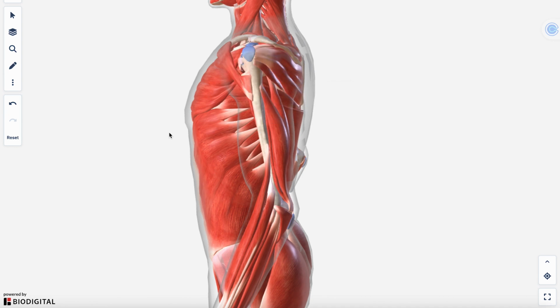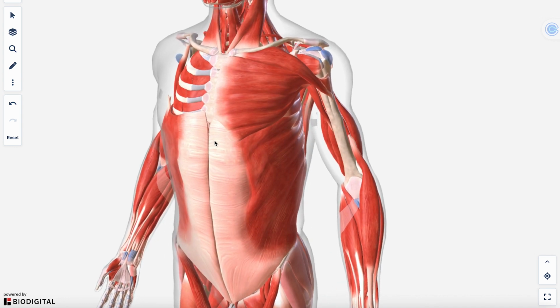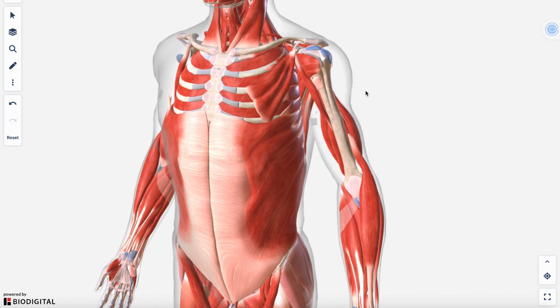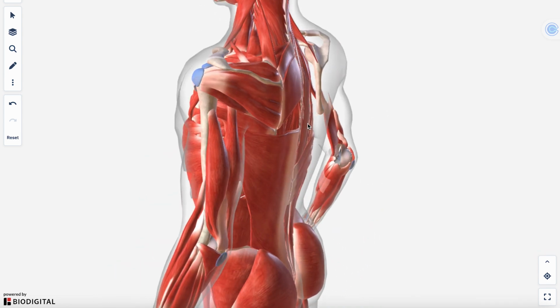Let's hide that. What you're going to see underneath the deltoid is where these muscles are attaching to your humerus. So we have your pec major, right? And your pec major, all the books will say that it attaches to the lateral lip of the bicipital groove or intertubercular groove. And then you'll have the lat, which attaches to the medial lip of the intertubercular groove or bicipital groove,